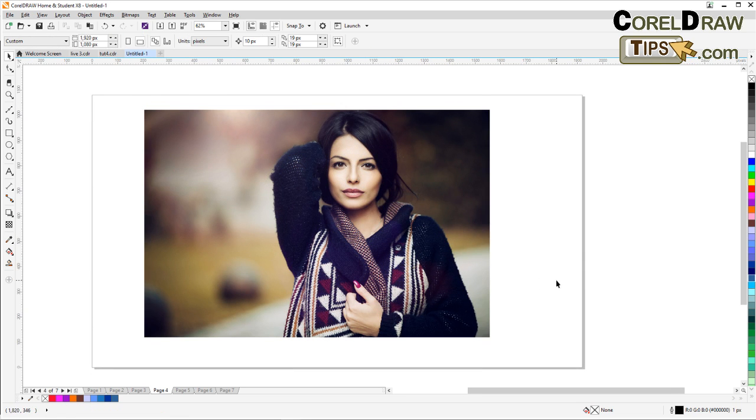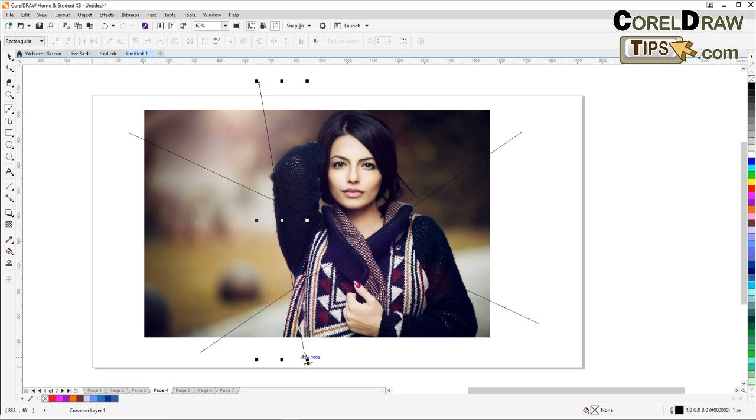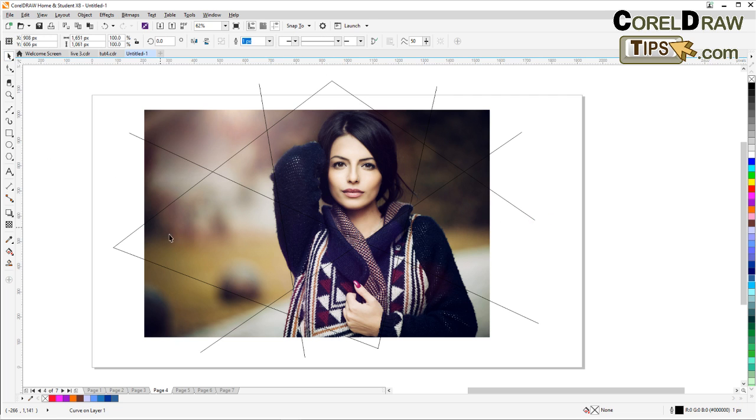Okay, so for example here, what I'm gonna do is I'm going to put random lines like that, random lines like this, another random line, say here to there, and then here to there. Okay, maybe one more here to, maybe just like that, right? Now I'm gonna combine the PowerClip with the Smart Fill tool. So if you go to Smart Fill,